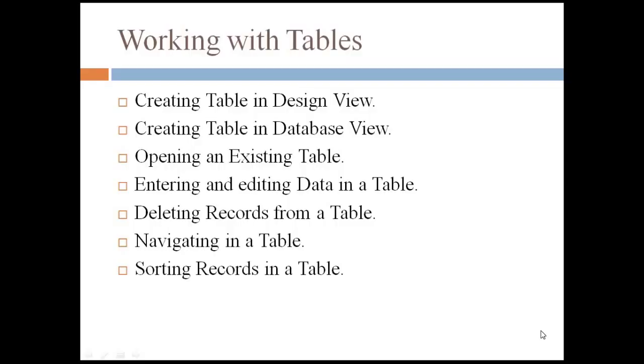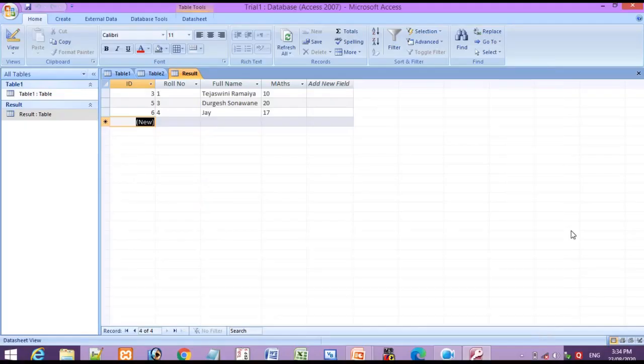Now the last point from working with tables is sorting records in a table. Sorting means arranging data in ascending and descending order. So you want to sort data. How can you sort data over here? Now you can see that the sequence is changed, the numbers are changed, but you want to arrange them, you want to sort the data. How can you sort the data? For that, what you have to do,